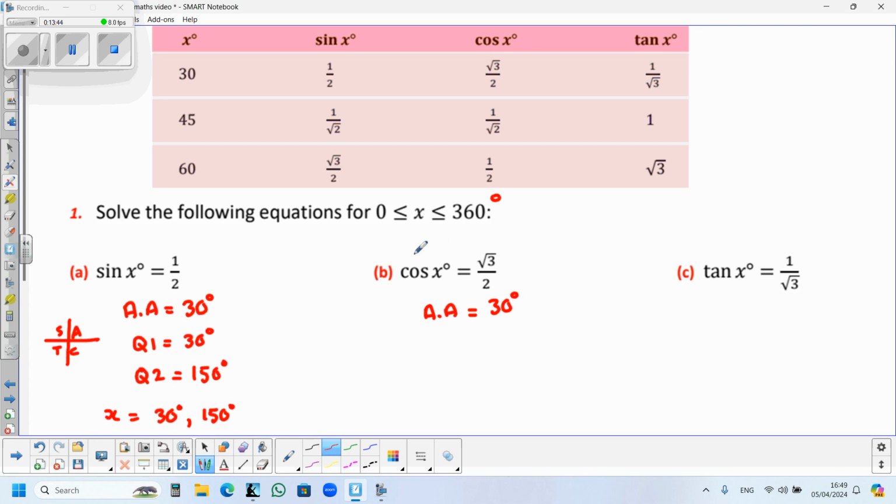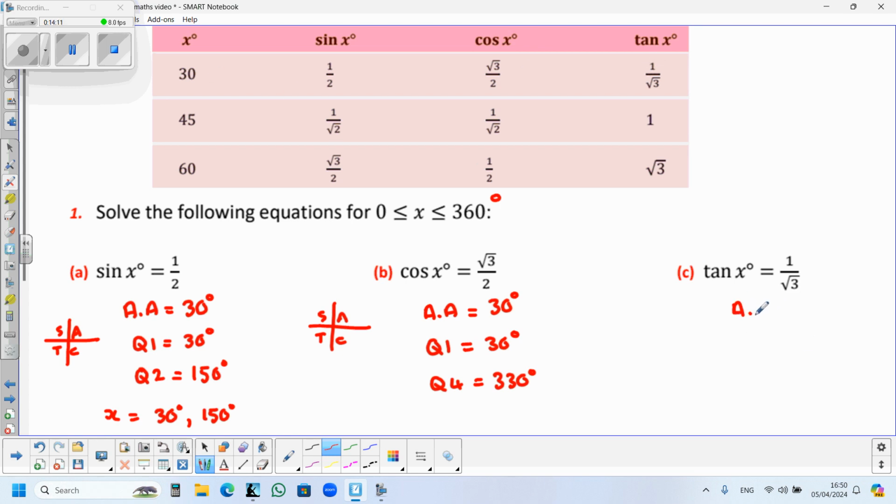So we now want to know where cos is positive, so we'll do a CAST diagram. Where is cos positive? Quadrant 1 and quadrant 4. So in quadrant 1 we've got an angle of 30 degrees, in quadrant 4 I've got 360 minus 30, which is 330 degrees. Tan x equal to 1 over root 3,